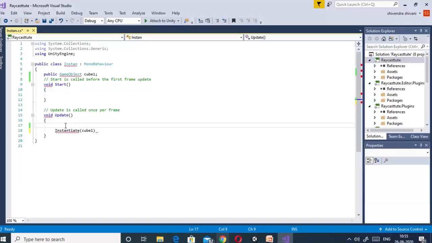So there are various occasions when we need to create the instance of a game object on demand. There are various games where we want to trigger the process of instantiation using mouse or keyboard. In that case we have already seen how we can take input from keyboard or mouse.